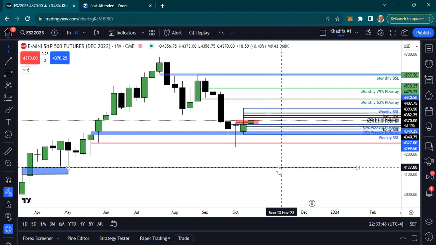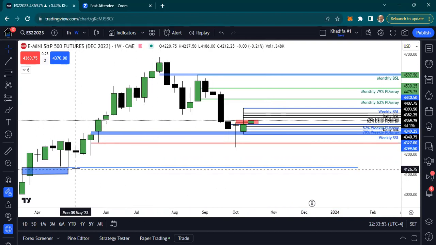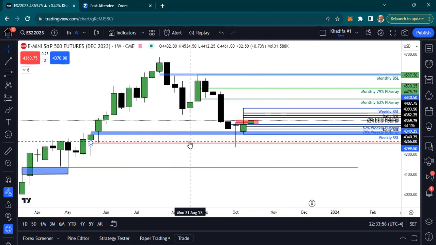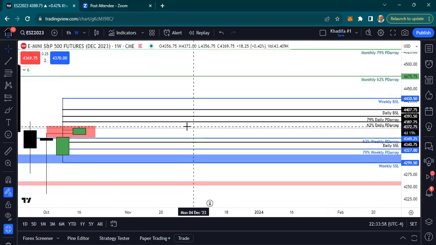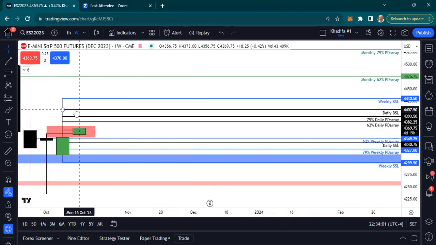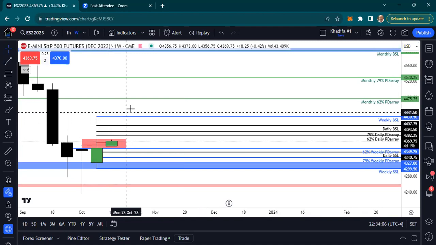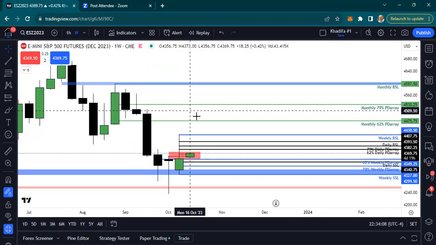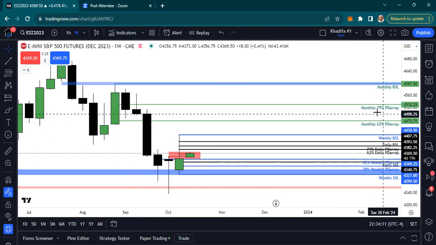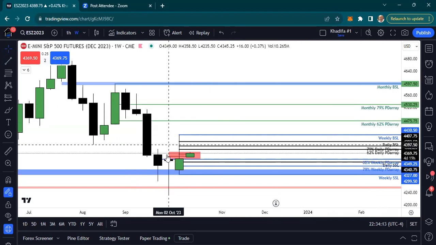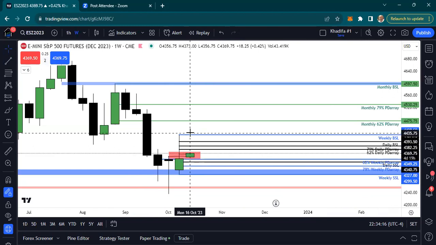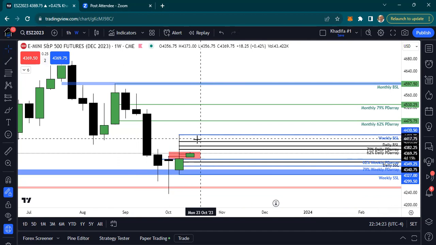That is my point of interest, my price target for sell side liquidity for, I'm sorry, for ES, right? Now, if we break above the daily PD array levels, then I will be expecting ES to pull up into the monthly PD array levels, right? If we break through these levels aggressively and run that weekly buy side liquidity, I'll wait for price to pull back down